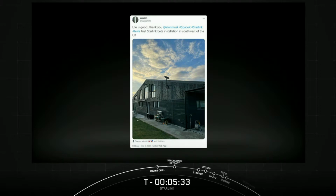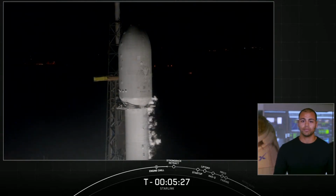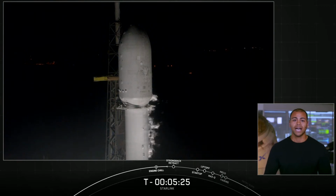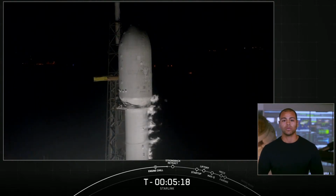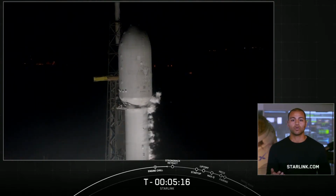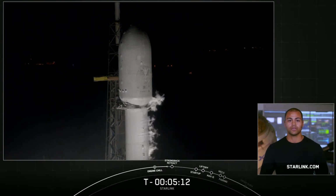During Starlink Beta, users can expect download speeds between 50 and 150 megabits per second, along with brief periods of no connectivity at all. As we launch more satellites, install more ground stations, and improve our networking software, data speed, latency, and uptime will improve dramatically. To learn more about Starlink, or to find out if service is available in your area, head on over to